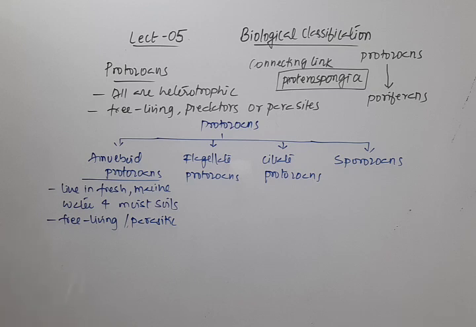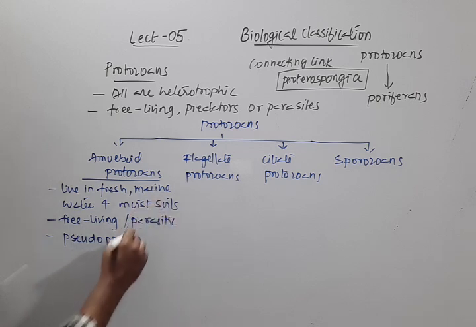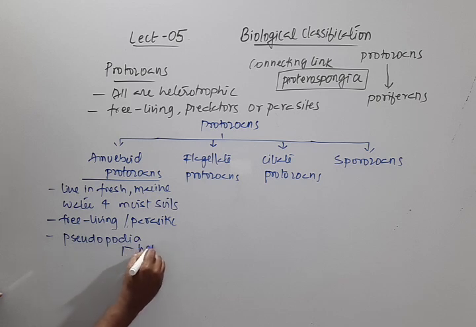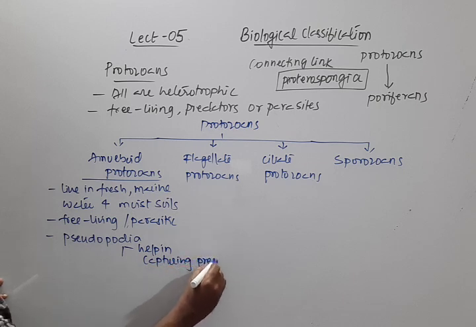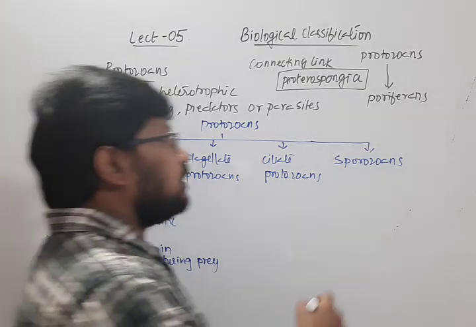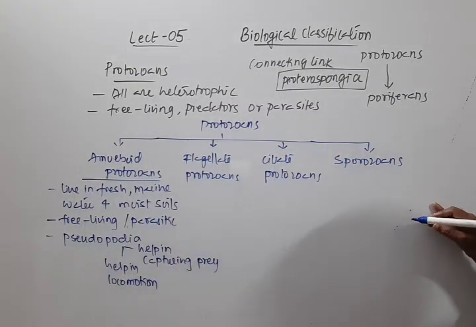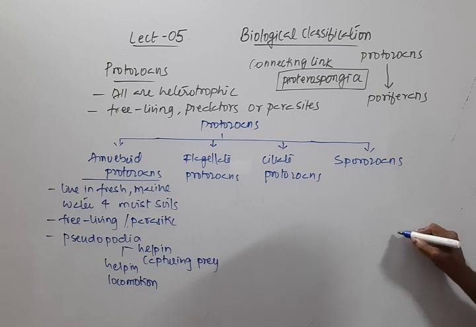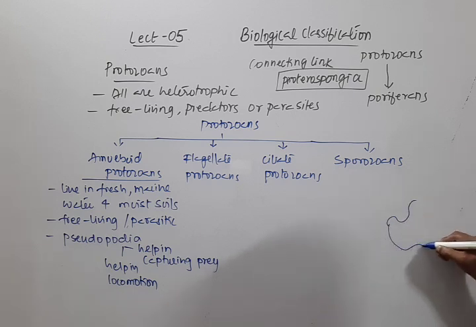So they're free living or parasitic, and they capture prey with the help of pseudopodia. Okay, so they have something called pseudopodia. These pseudopodia are meant for two things. One, it can help in capturing prey, and it also helps in locomotion. So here, when an amoeba comes